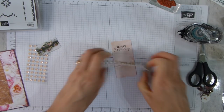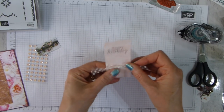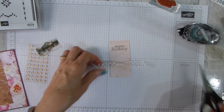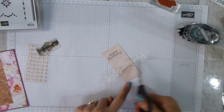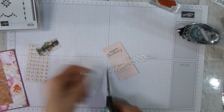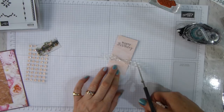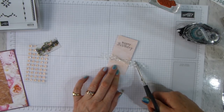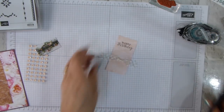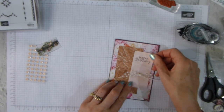And as I say, it's just a scrap that I had lying on my desk, so I thought I would use it. And what I really like about this is because it's got the dots, you can actually cut your end so that it runs along the dots, which I think is really pretty. So it's at the same angle that the dots are at. I know what I mean. So I'm going to pop that